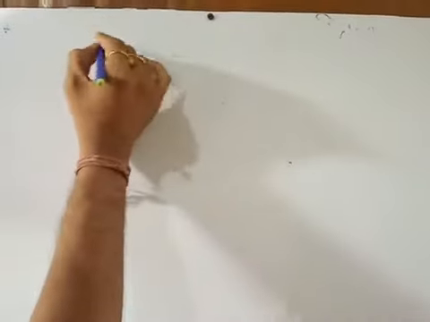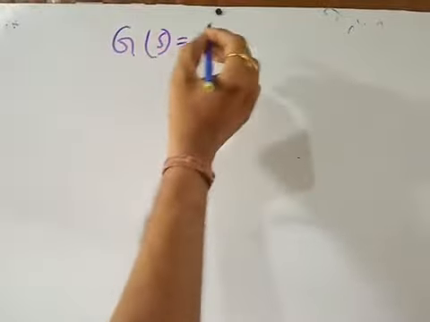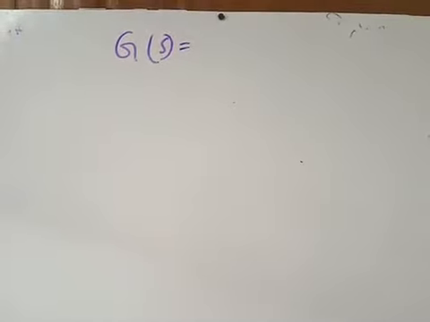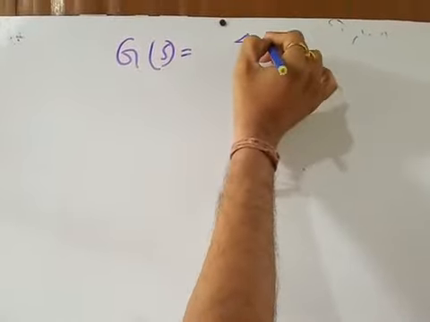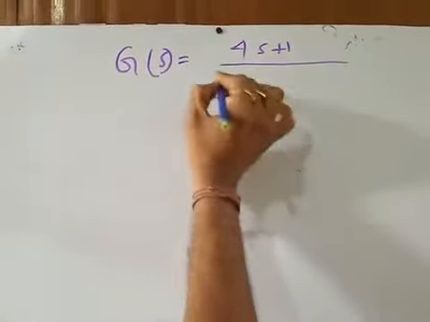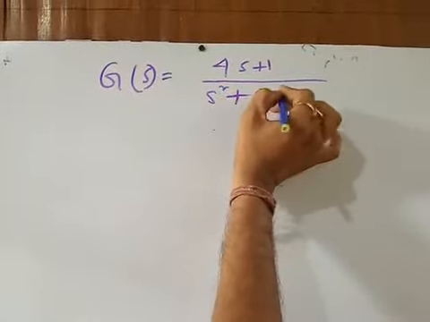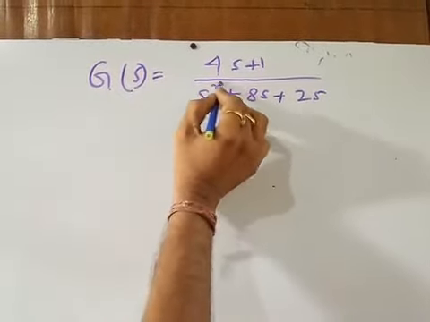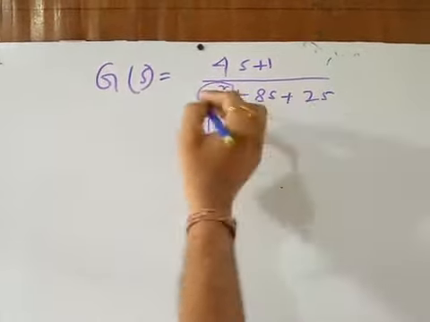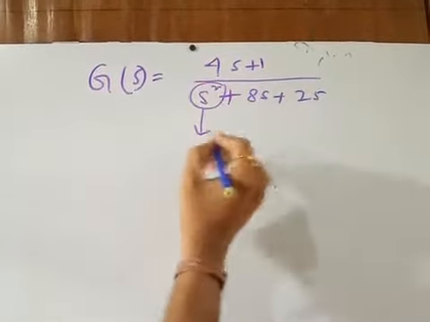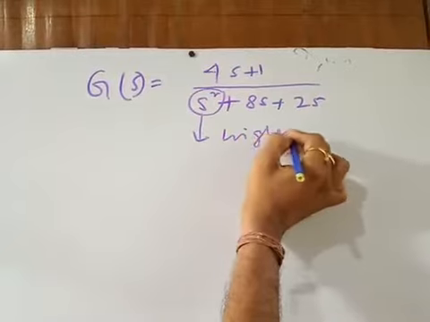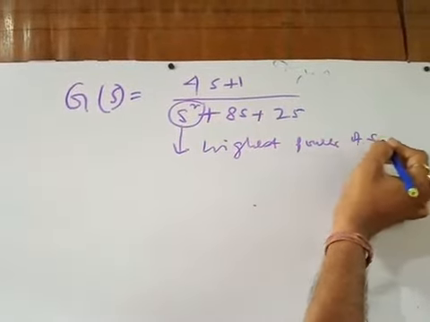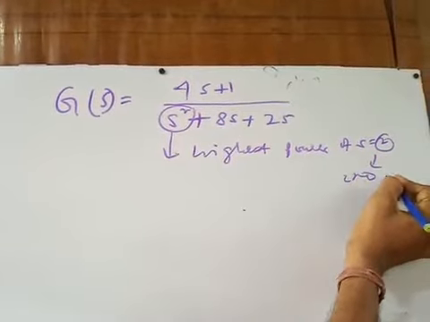So, in continuance of the previous lecture, I was discussing the characteristics of a system. For that, we need to have an idea of the order of the system and the type of the system. For example, we are taking one system like s square plus 8s plus 25. What are we discussing about? This is the highest power of s in the denominator. This is your denominator part, and the highest power of s is equal to 2. So this is a second order system.